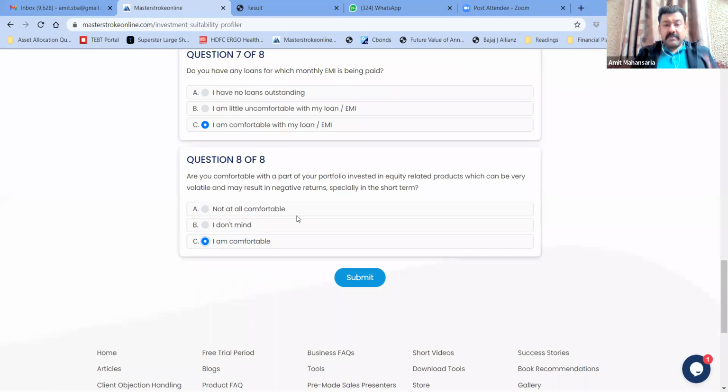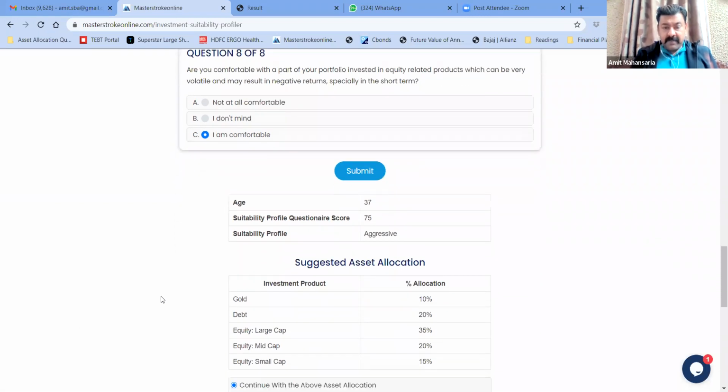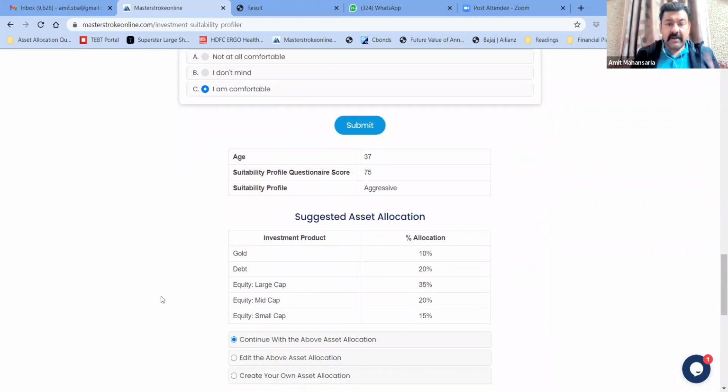Now after filling the responses, we will press submit. Once you press submit, this tool will calculate the suitability profile of the client based on the questionnaire responses he has given and his age. So his current age is 37 and his suitability profile questionnaire score is 75.